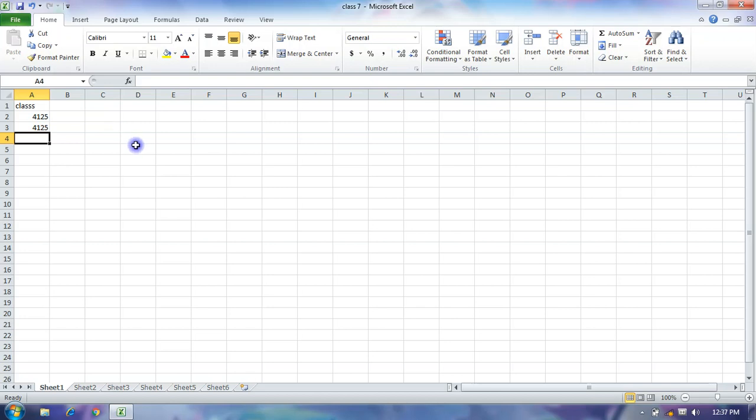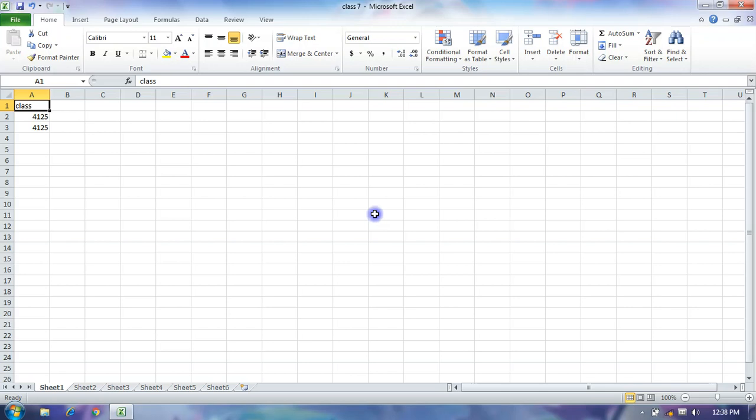Mathematical operations are also performed in MS Excel, like addition, subtraction, multiplication, divide, percent, and exponents. If you want to correct your mistake, double click, and from left to right we click the delete button, or from right to left we click the backspace button, so we can correct our mistakes.